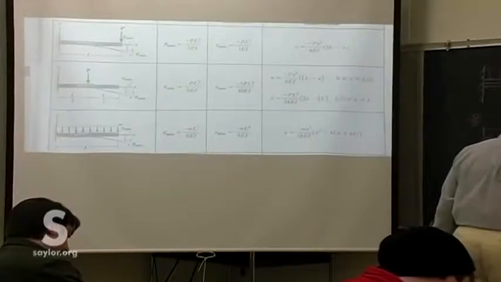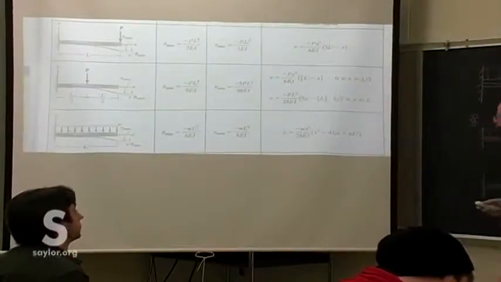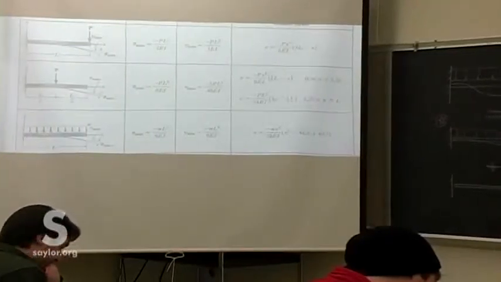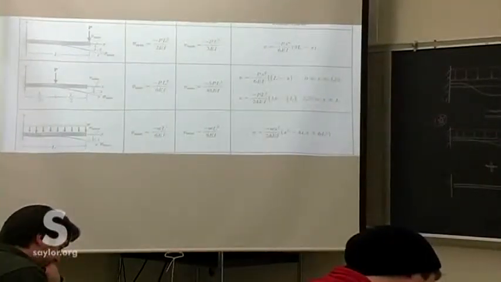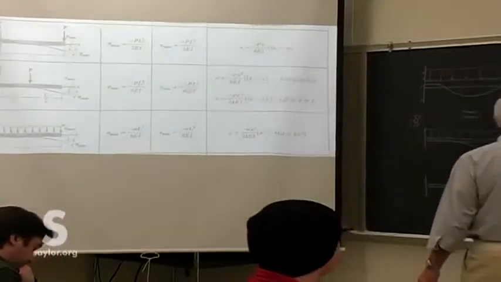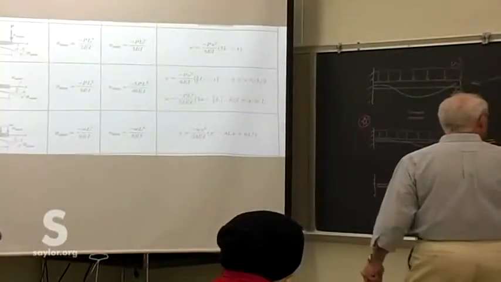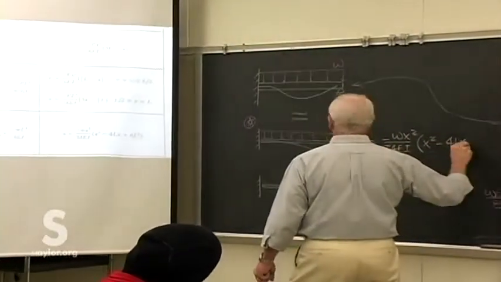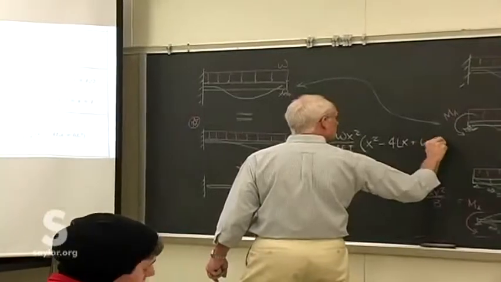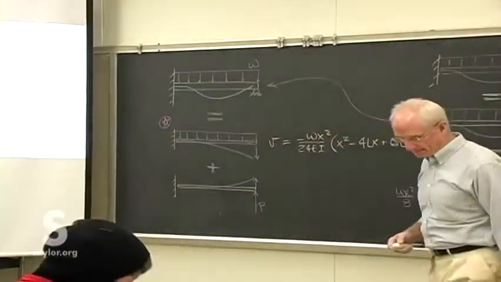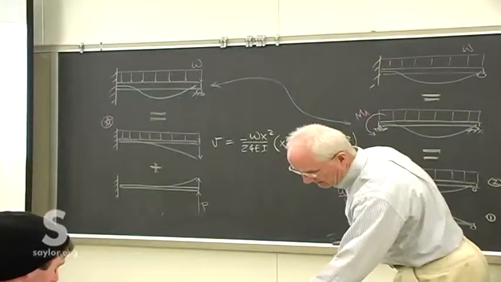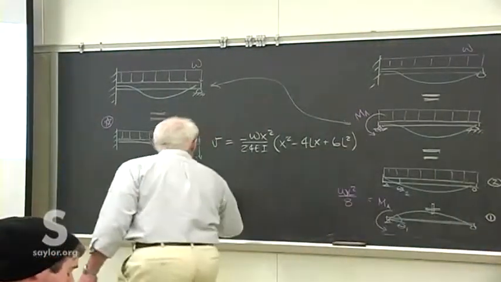Now the EI is not going to cancel in this case. Adding these together, they don't add to equal 0. They add together to equal whatever they equal. x squared minus 4Lx plus 6L squared is the first part. Yep, that looks good. And then we add to it